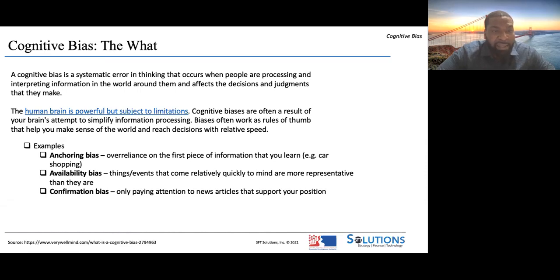The availability bias, this is another popular one. Events that come relatively quickly to mind, we are made to feel that they are more likely than they are or more representative than they are. My favorite example of this is probably the airplane crash. Airplane crashes are few and far between. They happen about 1 in every billion takeoffs and landings. So 1 in every billion takeoffs and landings, there is an airplane crash. But everyone would say, you know what?